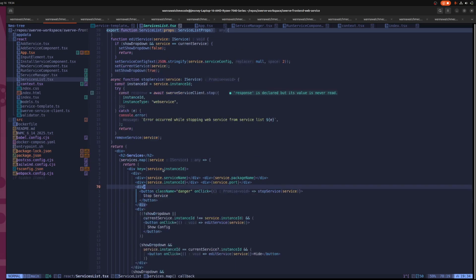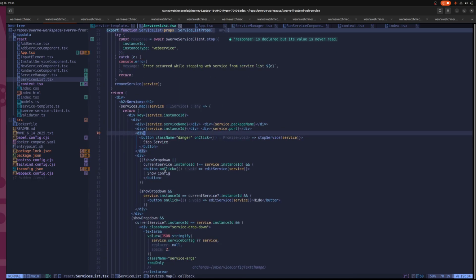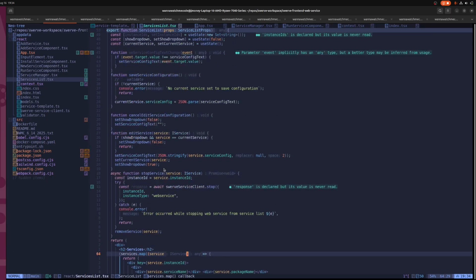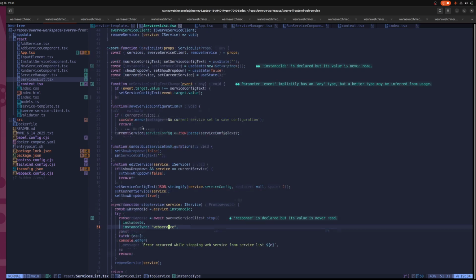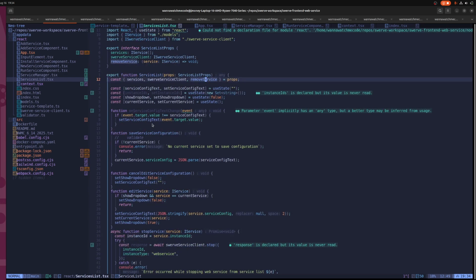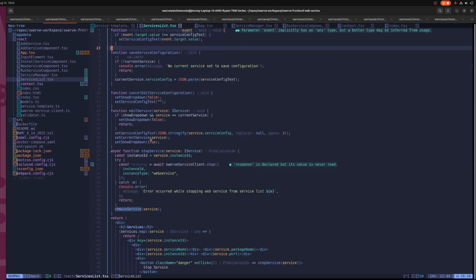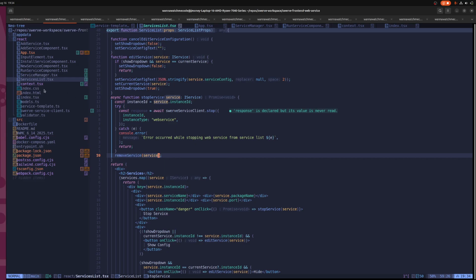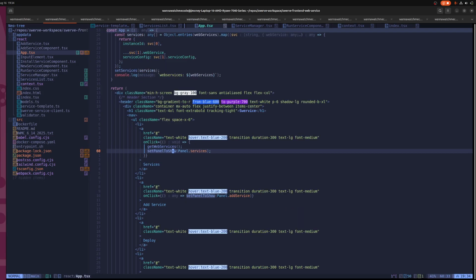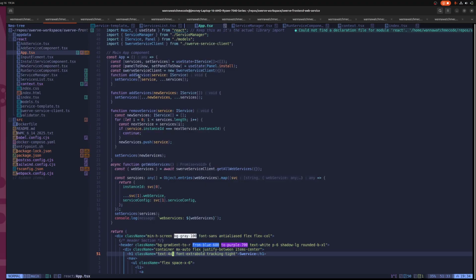Weird. Remove service. I think remove service might be sus. Yeah, I think you're right. And that goes all the way up to app, right? Add services, remove service, function, new services, iService,